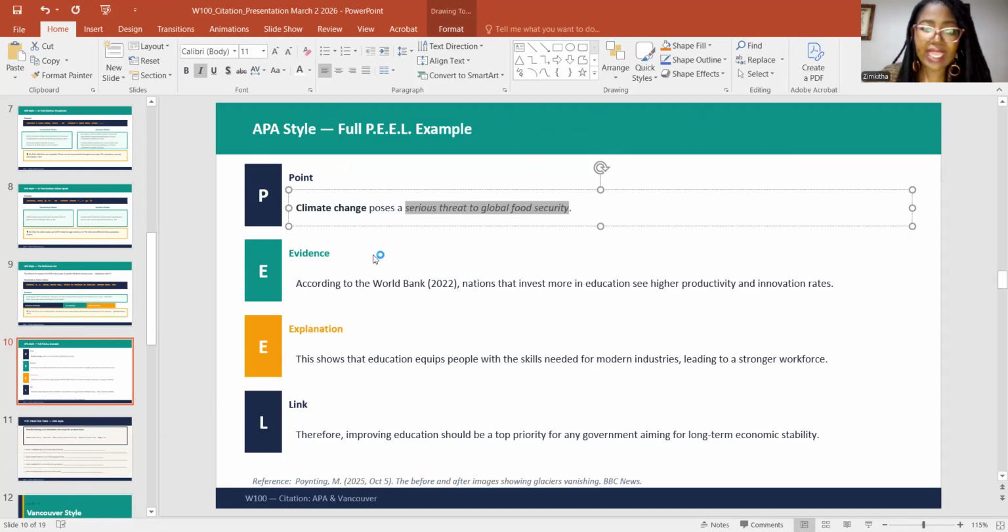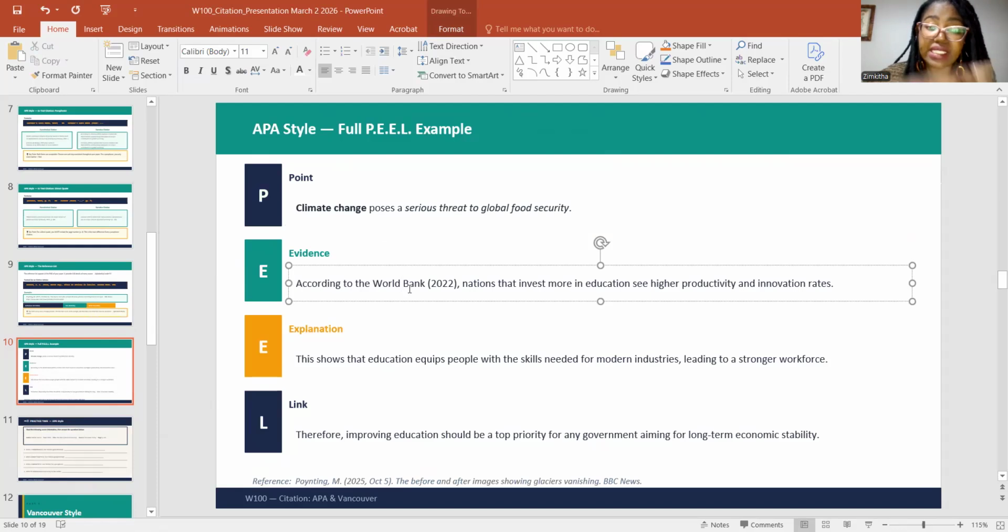Okay. So now let's look at the evidence. Let's see if the evidence is addressing that. So according to the World Bank, open parenthesis 2022, close parenthesis, comma, nations that invest more in education see higher productivity and innovation rates. Now, this sounds very odd. How does this actually link? I don't understand how this actually connects to my point.